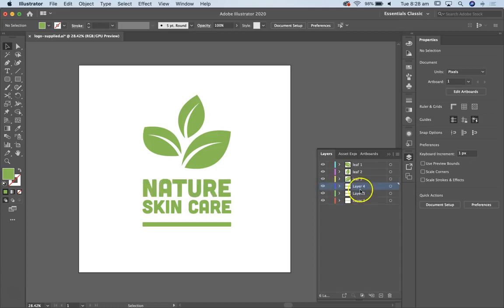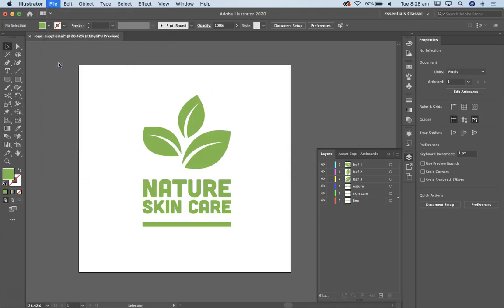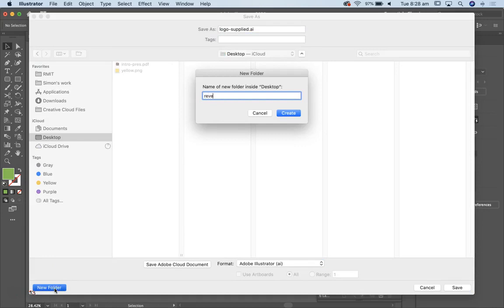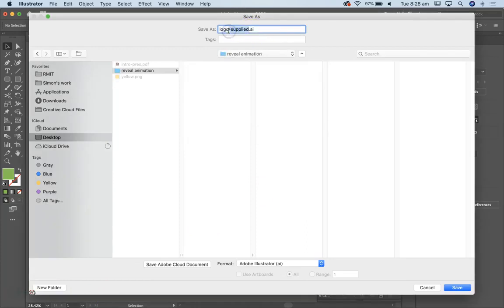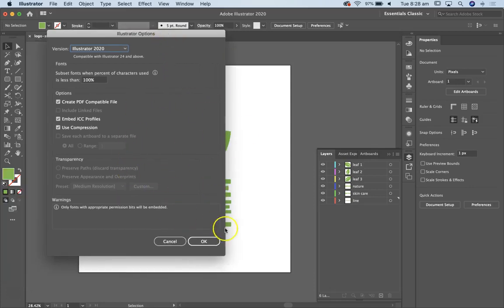Because you can imagine that you've got a really complicated Illustrator file. It might get pretty confusing if you haven't properly labeled everything. All right, that looks pretty good to me. I'm going to save this off as a new file onto the desktop. I might actually create a new folder to work in. I'll just call this one our logo prepared, something like that. And as a normal AI file,